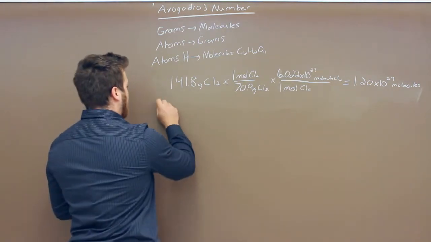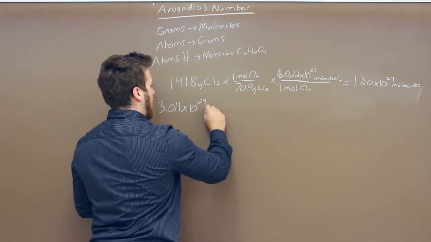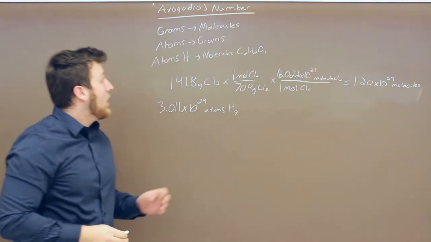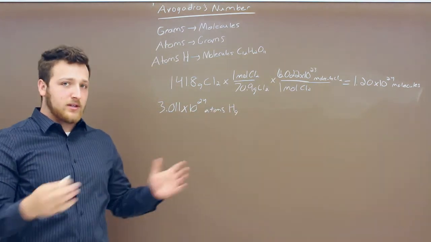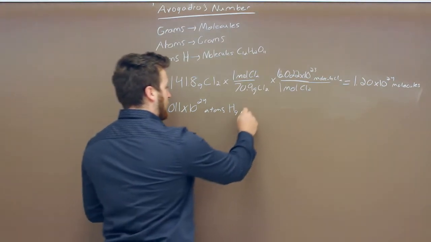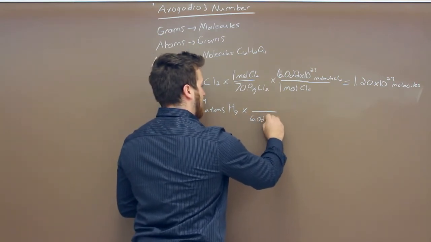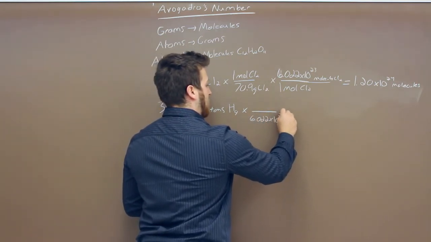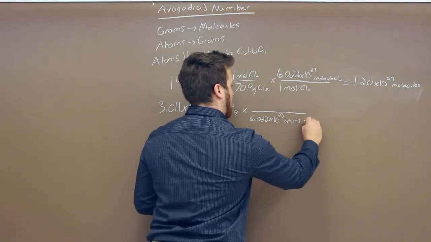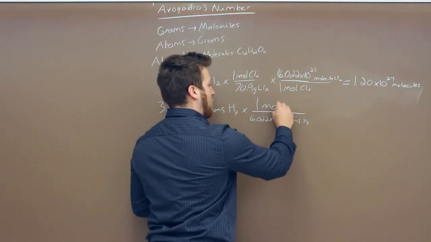Let's say we have 3.011 times 10 to the 24th atoms of mercury. Similar to the last one, our first step will be to convert to moles of mercury and then into grams, and we will do so again by using Avogadro's number. So to cancel atoms, we must put Avogadro's number in the denominator. Once we've canceled the atoms, we know that moles will be on top, so that is equivalent to 1 mole